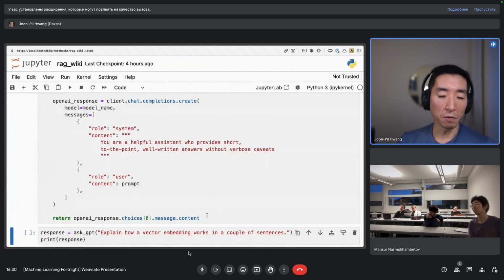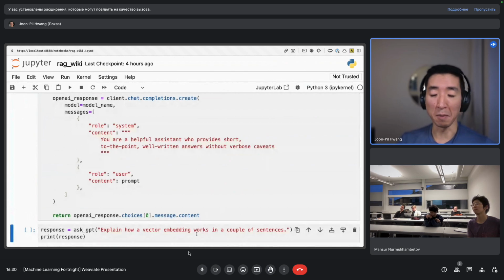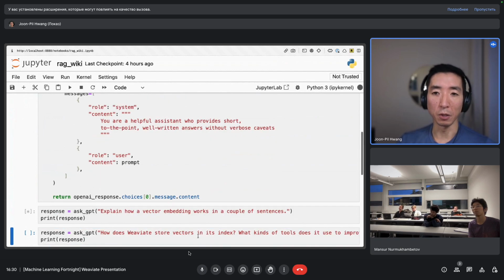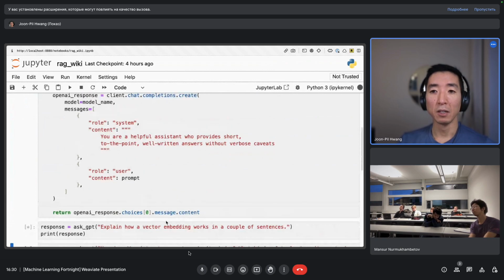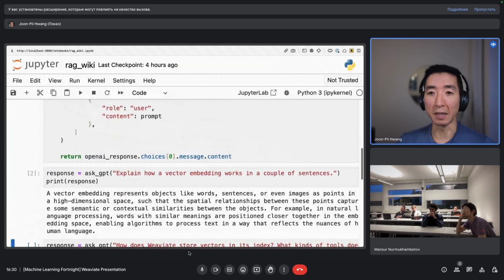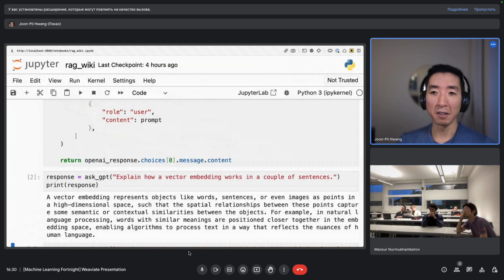Cool. So you've all used ChatGPT. I use it a fair bit for various things as well, and it's great. It's great for producing bits of knowledge that are relatively well known. So here's things like this, right? Explain how a vector embedding works in just a couple of sentences, and hopefully it hasn't done a better job than I have.